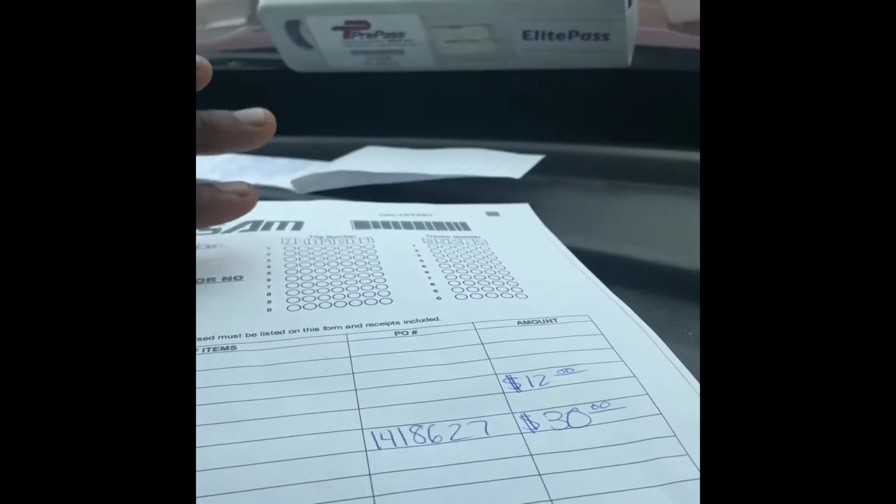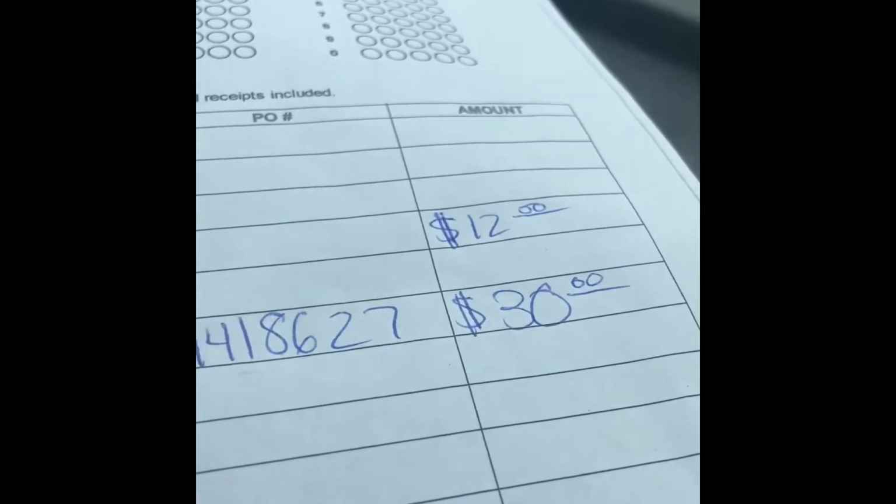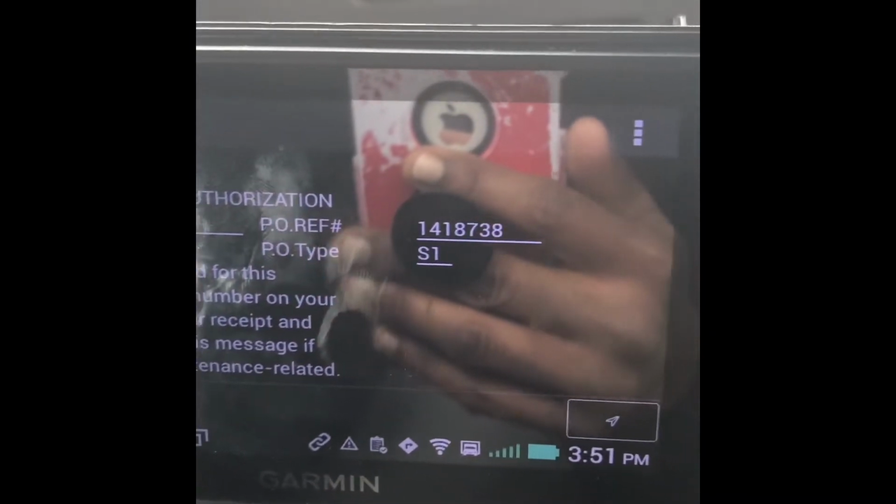I'm about to get ready to show you how to pay for your scale ticket. I already went on the scales the first way, so it costs $12. And you have to put a PO authorization number on there. You see it right there? So what you have to do is